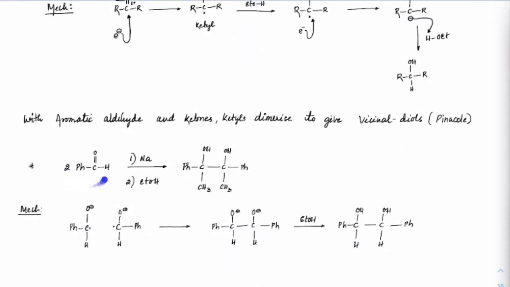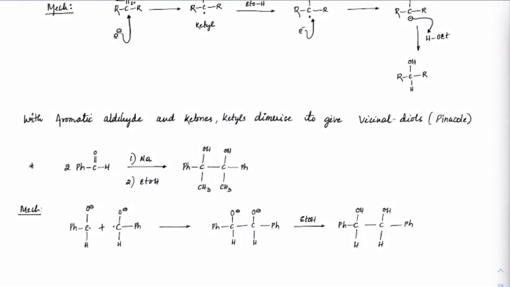So check this as an example. If I take 2 moles of benzaldehyde in the presence of sodium and EtOH, although there is EtOH present, correct, it won't get into the formation of monoalcohols, it will go for the formation of diols. So basically whatever the radicals which are forming, you can see these radicals will terminate. Okay. So both these radicals which are forming, instead of accepting that H plus, they will terminate and give a major product as pinacols.